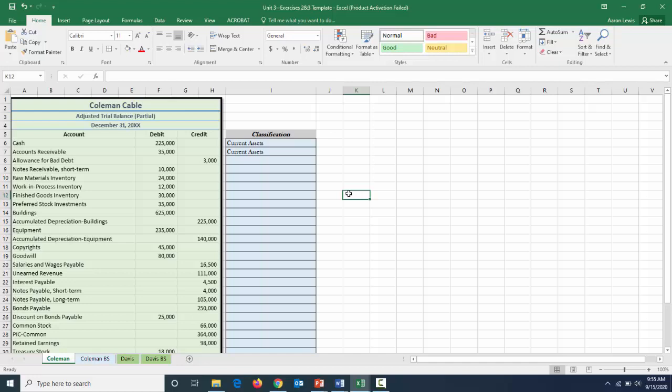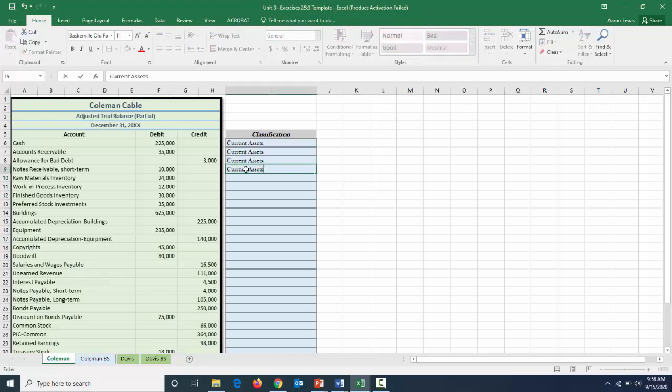a current asset. Next up, we have allowance for bad debts. An allowance for bad debt is a contra account tied to receivables, so it has to go in the same section as accounts receivable. So we're going to put that under current assets. Next up, we have our notes receivable in the short term. Well, that's an amount of money we let somebody borrow. This is short term, we expect to be paid back within the next year, which means that is also a